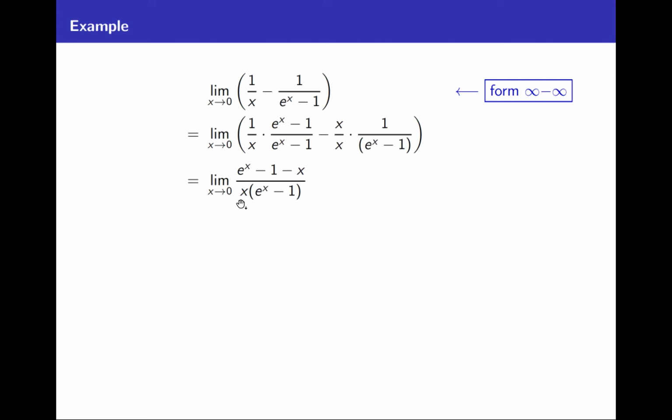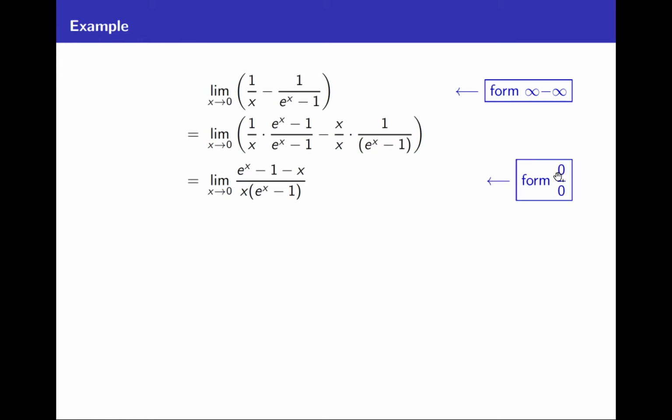There's your common denominator. On the numerator, you've got an e to the x minus 1 minus an x. So now we've taken this difference and converted it into a single expression. And in looking at this expression,